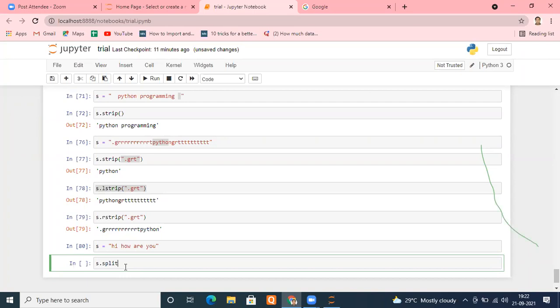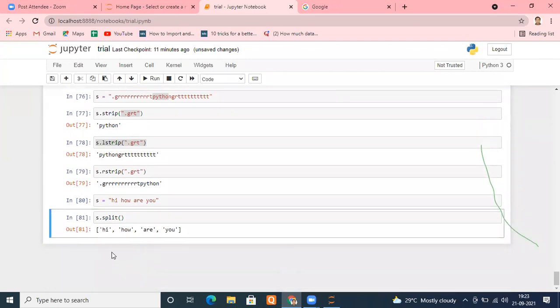What it does is it splits the entire string into individual words and stores them in a structure or a sequence that is known as a list. You'll understand that. I am putting s dot split. It has two optional parameters. One is your separator, what separator you want, and one is maxsplit. If you don't specify anything, it understands that your separator is a space. So I'm doing that, s dot split. See what it will return.